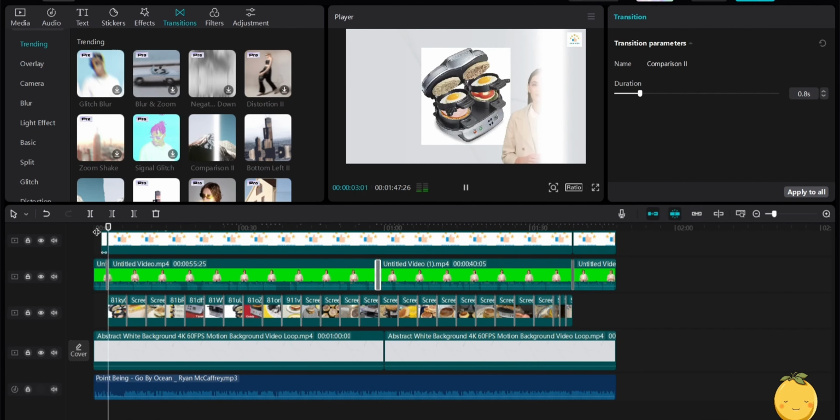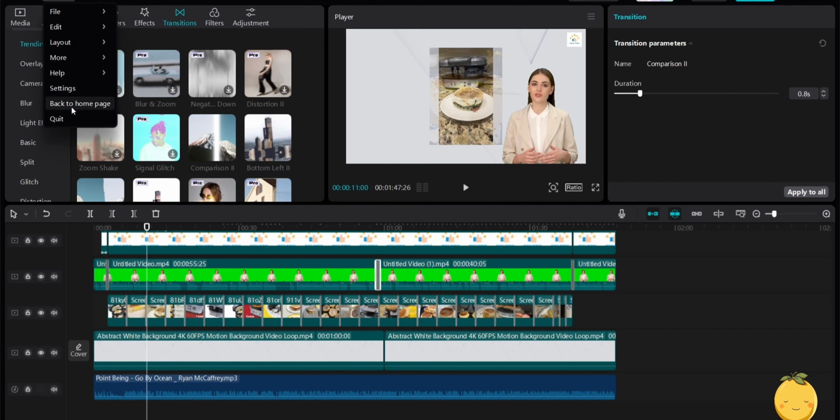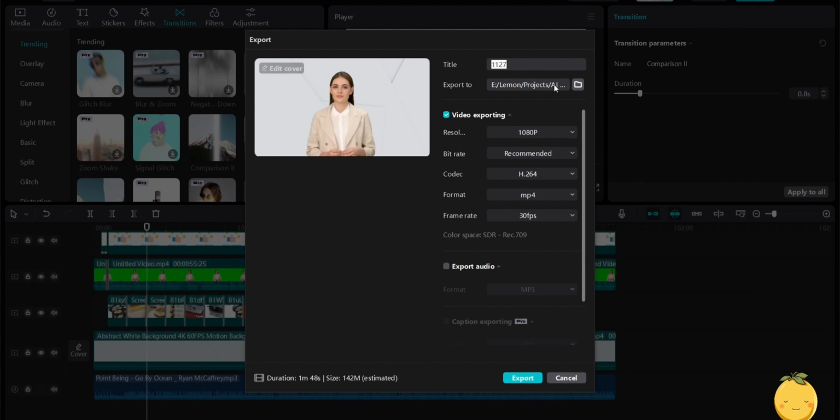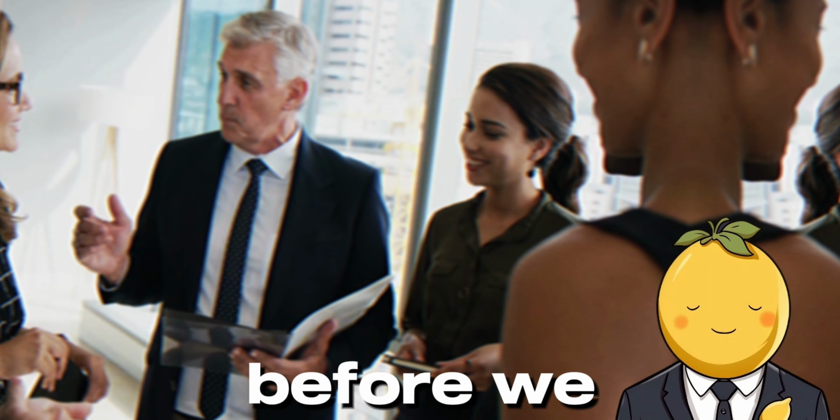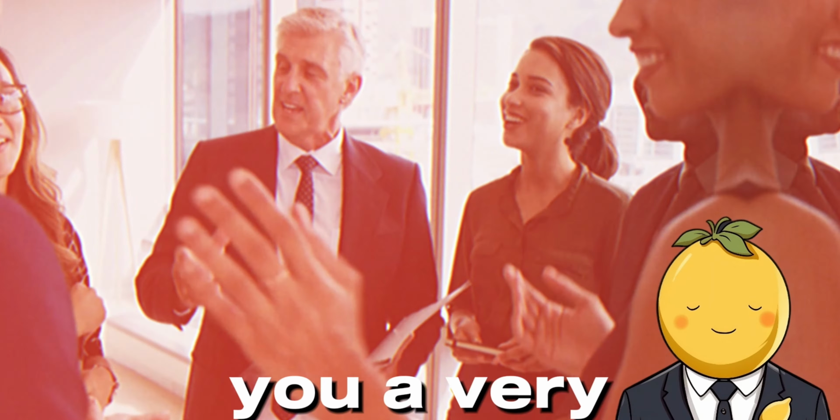When you are done, just export the video. Click on Menu, File, Export. Select a destination and file name and then click on Export again. And there it is. Before we are going to watch it, I want to show you a very important puzzle